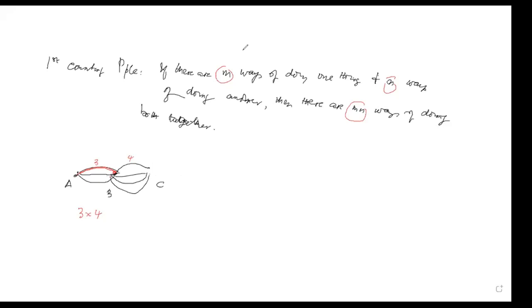It's like that. And if you had even a 4th town, and you have several roads going from there to there, let's say maybe 5 roads, then the total number of ways you can go from A to this is 3 times 4 times 5. Because you can find 12 ways of getting from here to here, and then for each of these, there's 5 of that. So that's the logic. For each one of these pathways, you have so many of the others. So altogether, you have to multiply. Right. Now, why did I do all this?